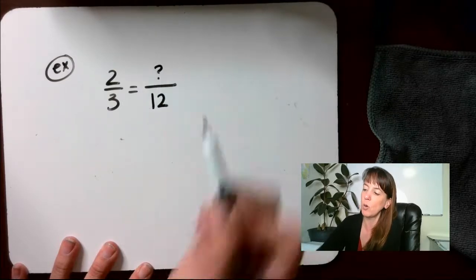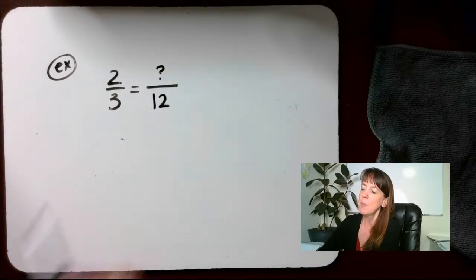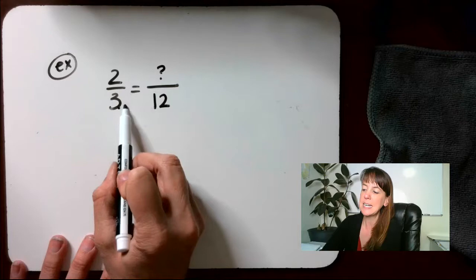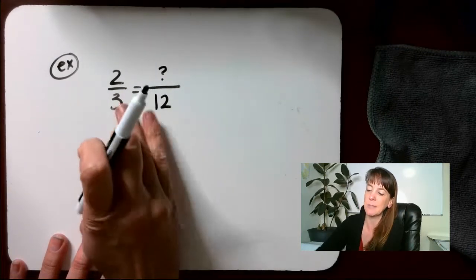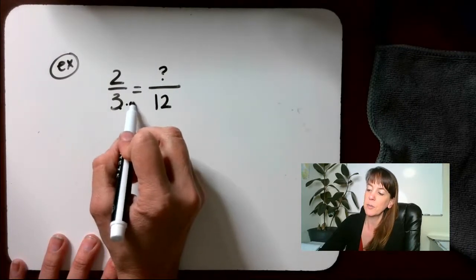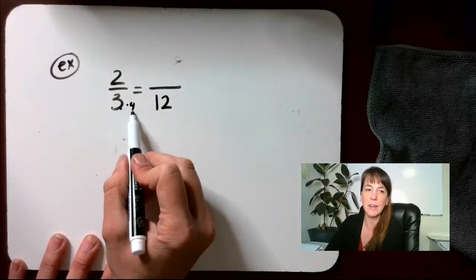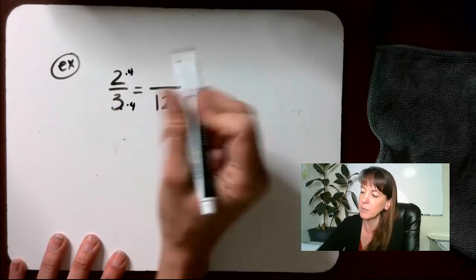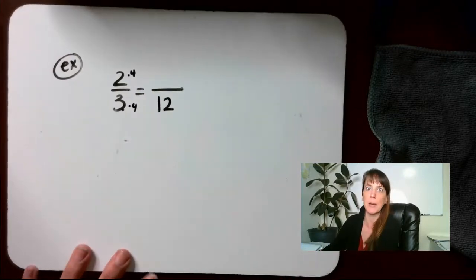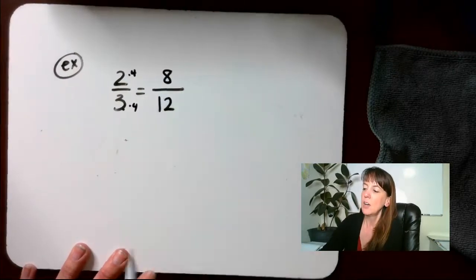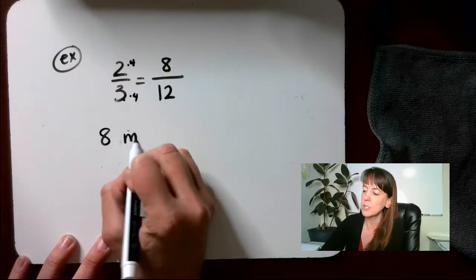We don't know what's going to go up there, okay? But if we look at this, we have 3 times, I'm going to use a little dot for a times sign instead of the x. 3 times 4 gives us 12, right? Well, what about if I do it on the bottom? I've got to do it up top here. We've been talking about how fractions have to stay equal, right? So that means 8. That means 8 musicians